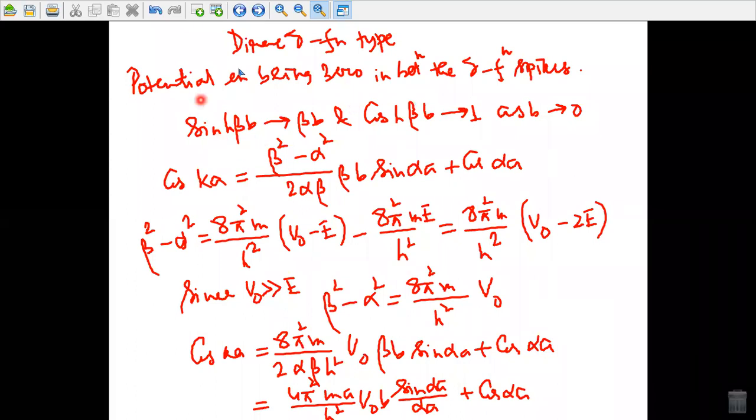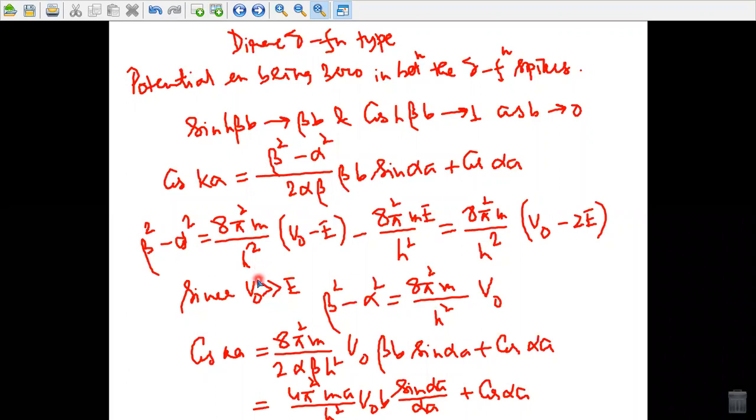So sinh beta b and cosh beta b, in this approximation when V0 b remains finite and b tends to 0, tend to 1 as beta tends to 0. Hence, the previous equation looks like cos ka is equal to (beta square minus alpha square) divided by twice alpha beta, times beta b sin alpha a, plus cos alpha a, where beta square minus alpha square is equal to